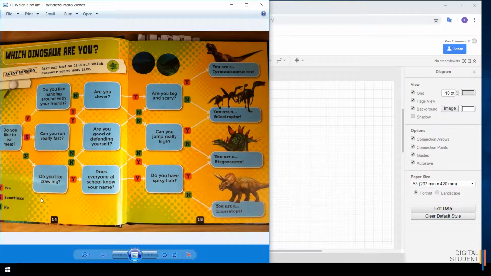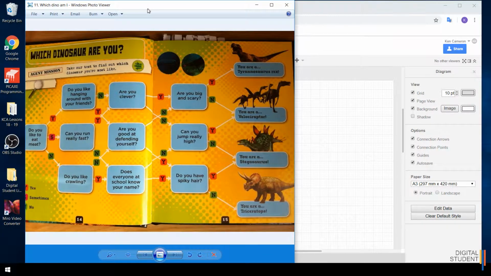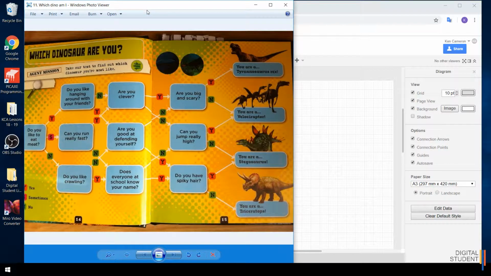So your mission is very simple and you're going to get graded based on how complex and how successful your flowchart quiz is. So I would say you definitely want 3 or 4 different questions, if not more. You should probably aim for having different routes as well. This is very simplistic, but if you type in flowchart quiz into Google and have a look at some of the pictures on Google,